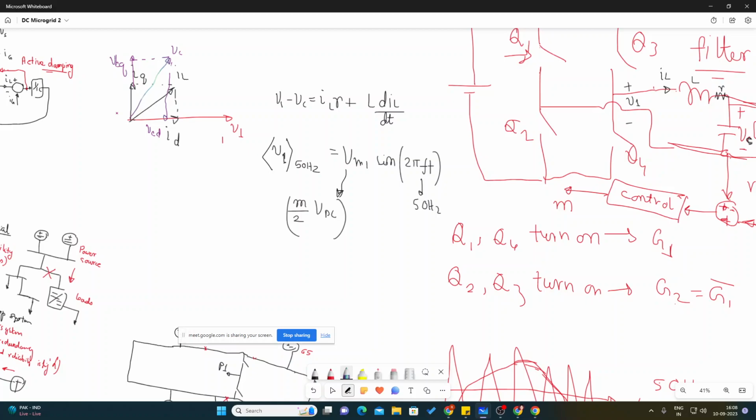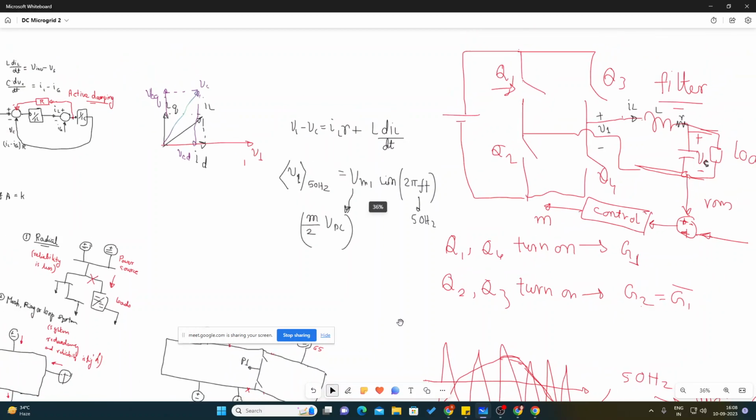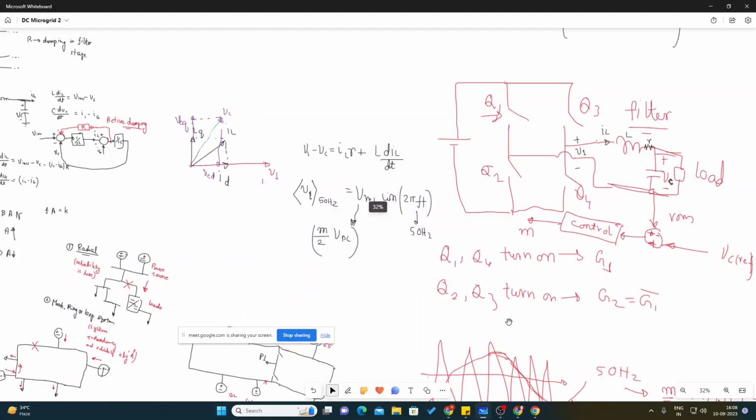Clear? Okay. So hence what we can write. Let me write it clearly so that you can understand it properly. Once we have established this,